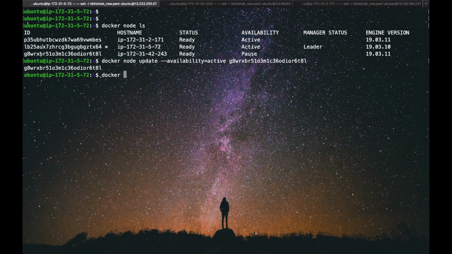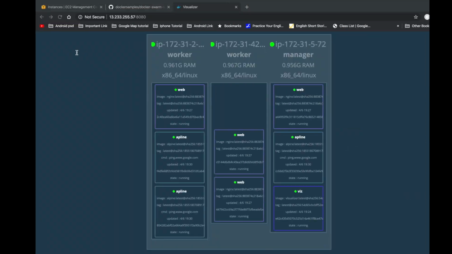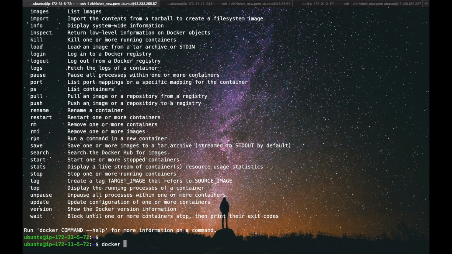The node becomes active, docker node ls. Okay, if a node becomes active from the pause state, it does not mean that it will shift containers back to it. That is not possible.